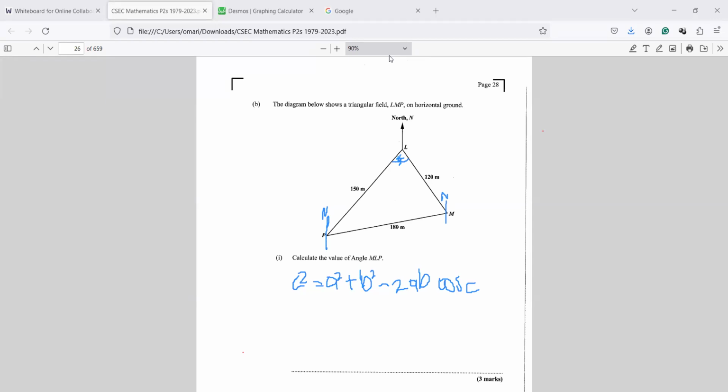So again, C is usually the longest side of the triangle, and it's usually opposite to the angle that you're trying to find. In this case, our C is 180. So we have 180 squared is equal to, any side can be your A, any side can be your B. For me, I'm going to let my A be the 150. So 150 squared